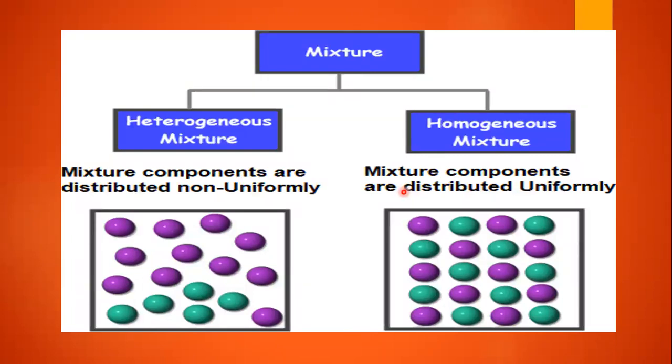Homogeneous mixture means before coming into the combustion chamber we already have a pre-mixture. Before coming to the combustion chamber, the fuel and air are already mixed. This type of situation we see in the case of SI engines. In SI engines there is a carburetor, and before getting into the combustion chamber we mix the air and fuel with the help of the carburetor and the throttle valve.